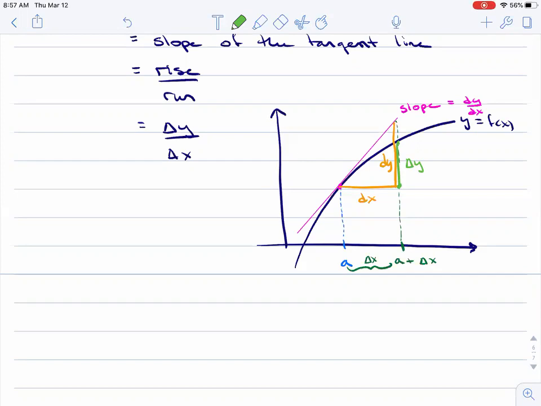And so if we're close enough to A, as long as we make these increments of delta x small enough, same thing as we were doing with those linear approximations, then we get close enough and the dy and the delta y are essentially the same,